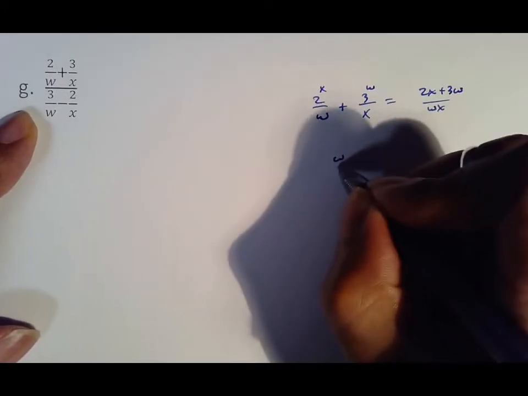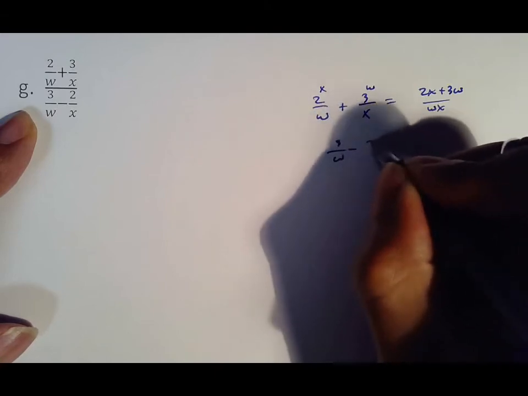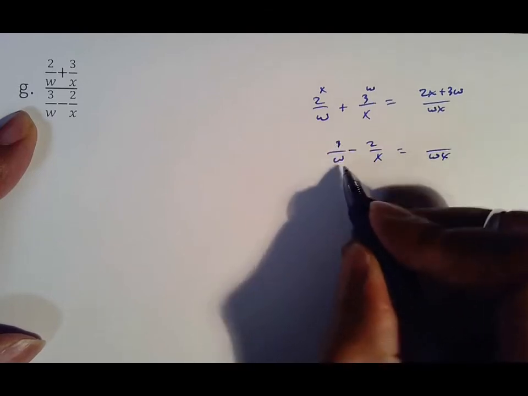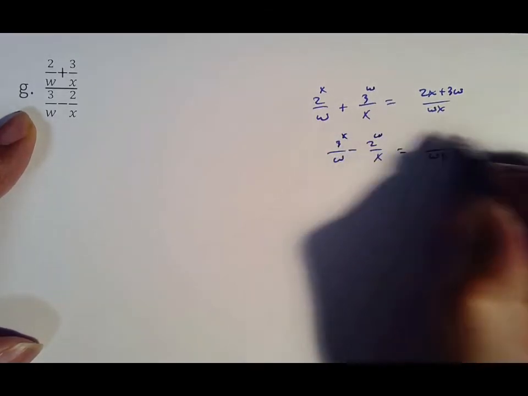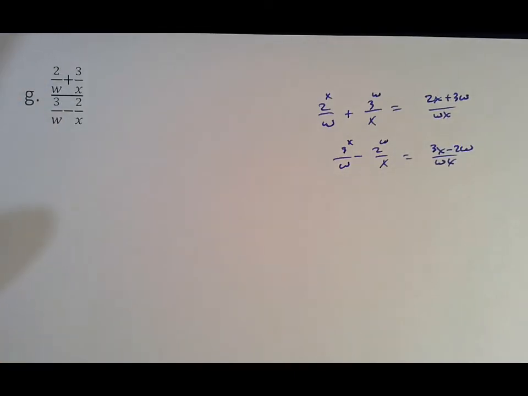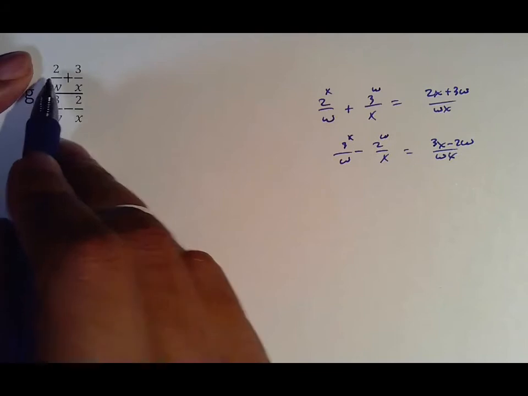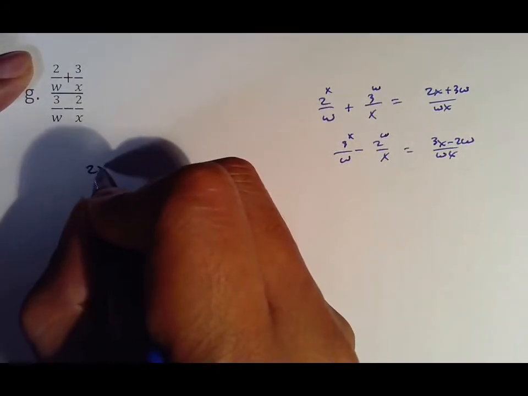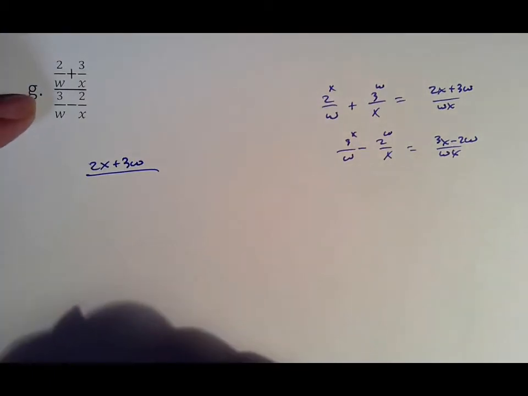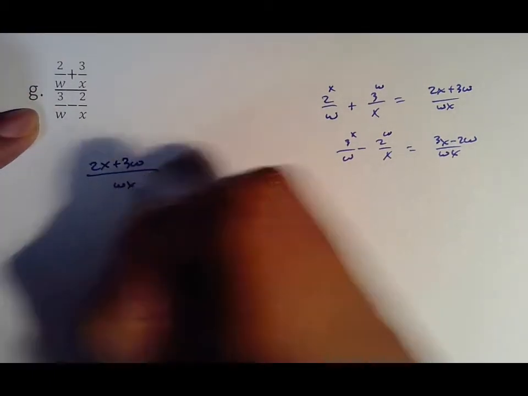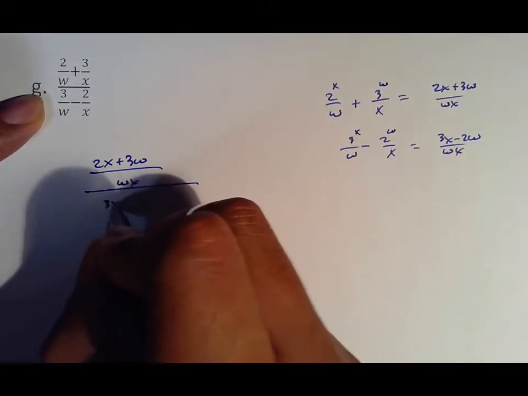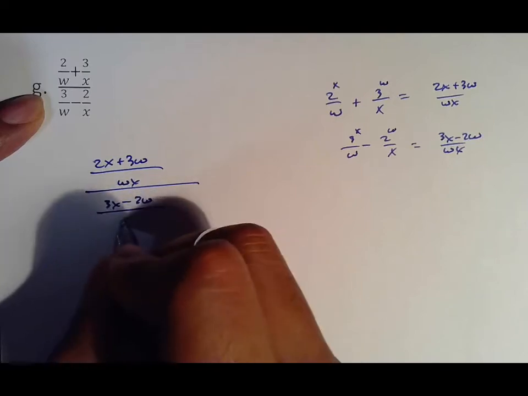Looking at this one here, 3 over w minus 2 over x. Again, the denominator is going to be wx. This fraction is missing x. This fraction is missing w. So it ends up being 3x minus 2w, which means in the end your fraction converts to be, because I rewrote that, 2x plus 3w over wx. That's that fraction, all over 3x minus 2w over wx,